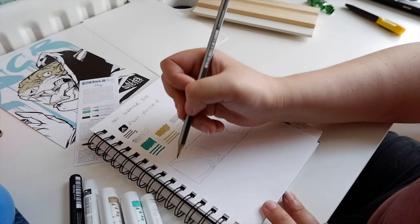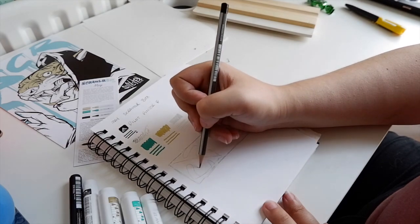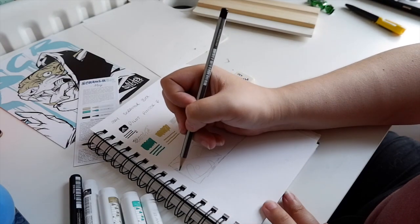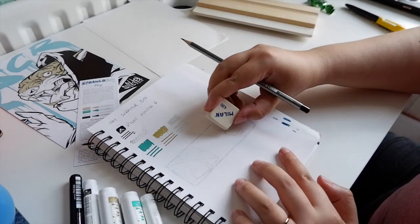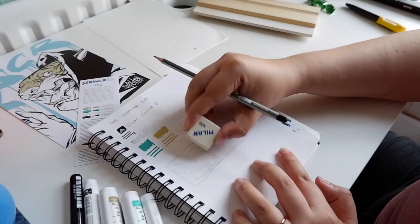I can do the holes, and then the tiger can be coming out from the side, but you can see bits of him through the holes. I feel like that would be a much nicer